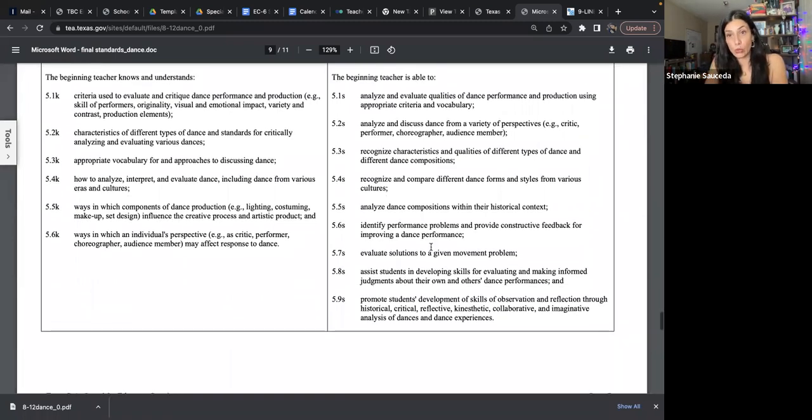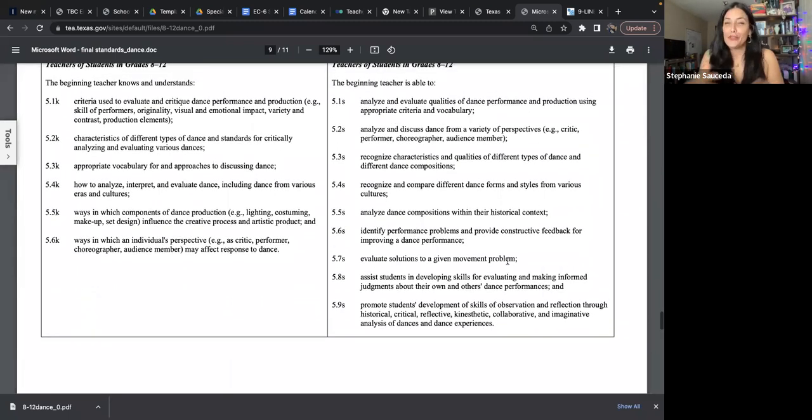Evaluate solutions to a given problem. And so always come to something with a solutions-based attitude, right? For a given movement or even a performance issue. Again,